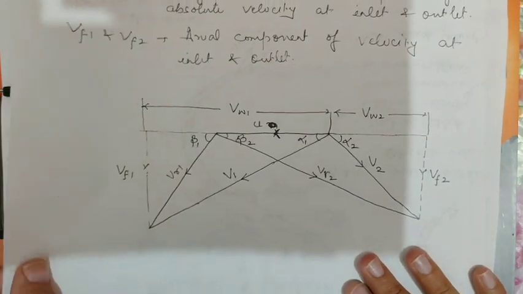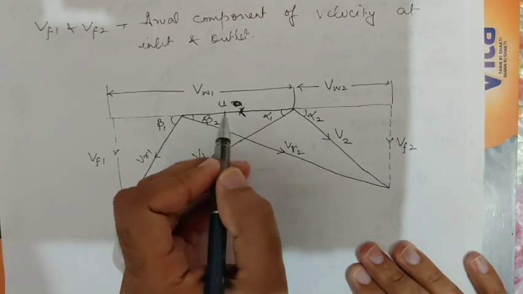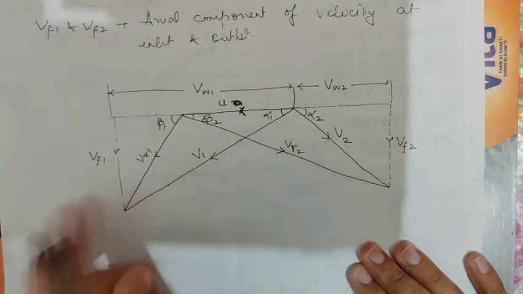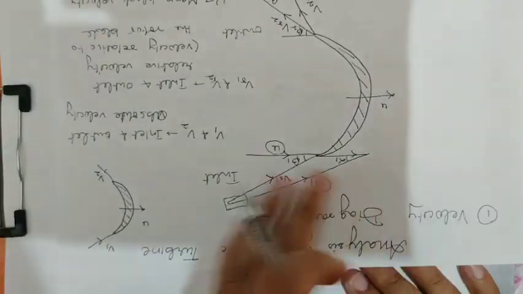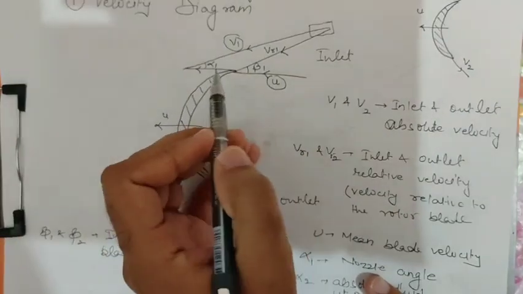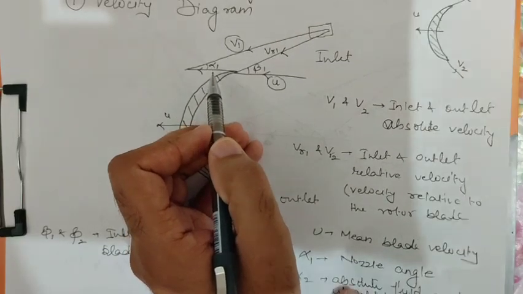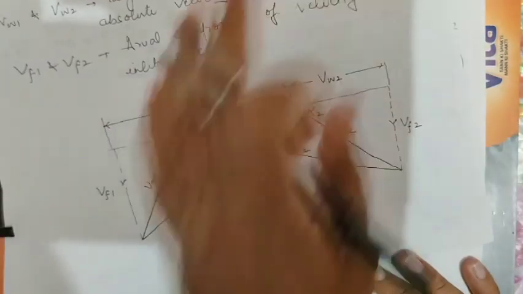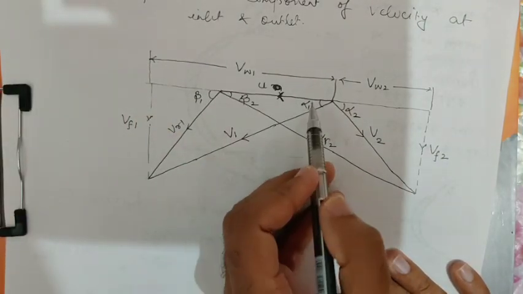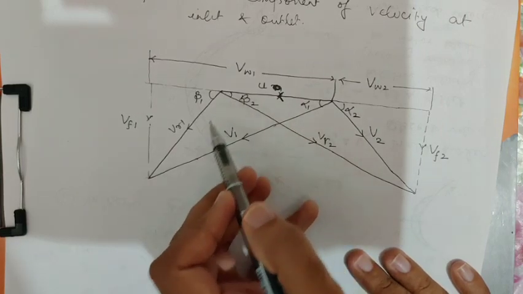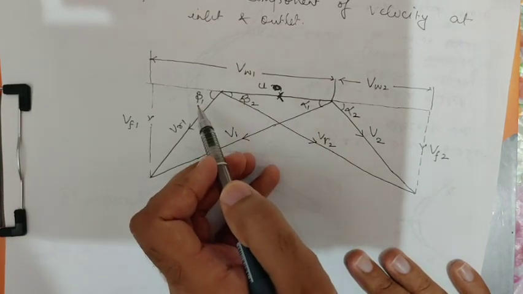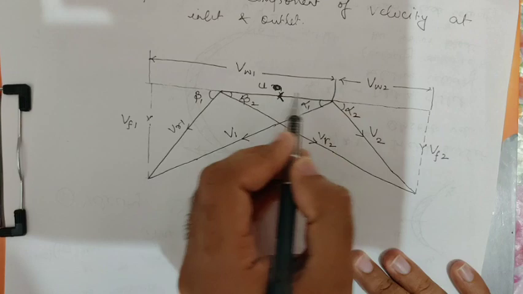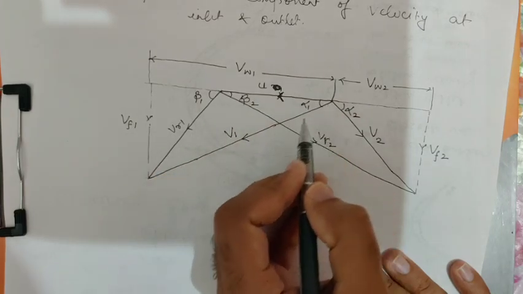And the combined velocity diagram is drawn in such a way that this is U, the mean blade velocity, and this is alpha 1, the angle of nozzle with absolute velocity V1. So this is V1 at alpha 1, and this is VR1 at beta 1, and beta 1 is the blade angle. So this part is your